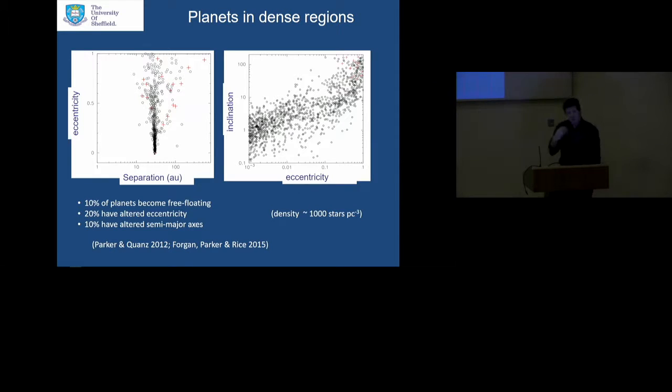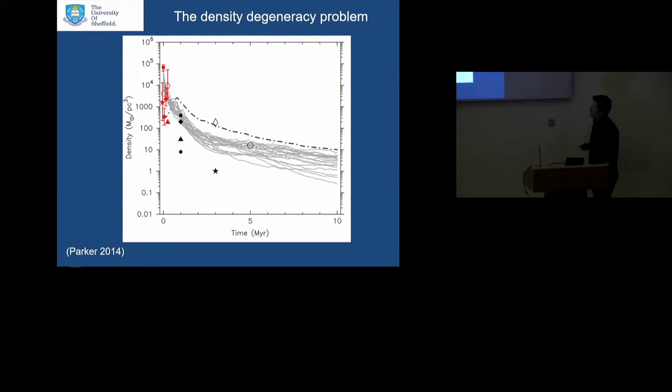So in order to understand whether or not a majority of planetary systems undergo these very dynamic, violent processes early on in their life, we need to know what the star formation environment typical density is in the Milky Way, and if you want to take it further, in other galaxies. However, there's a problem. You can't simply just look at the present-day density of a young star-forming region and then infer the number of dynamical interactions, the likelihood of a planetary system being disrupted in that star-forming region.